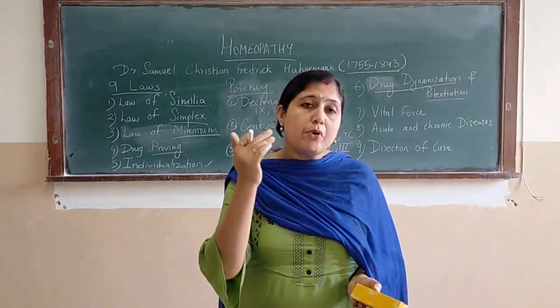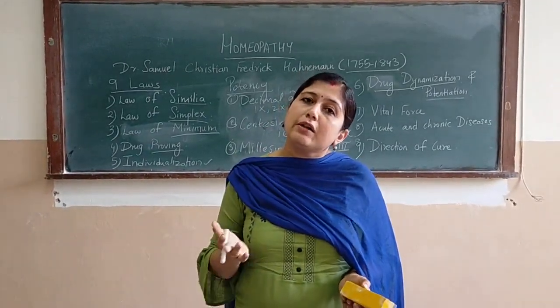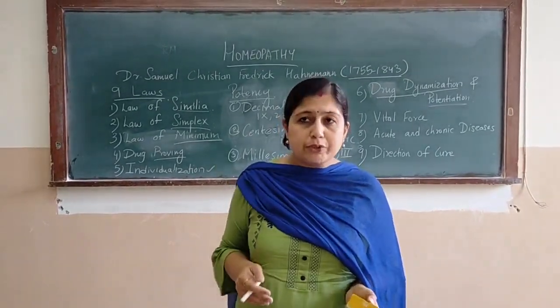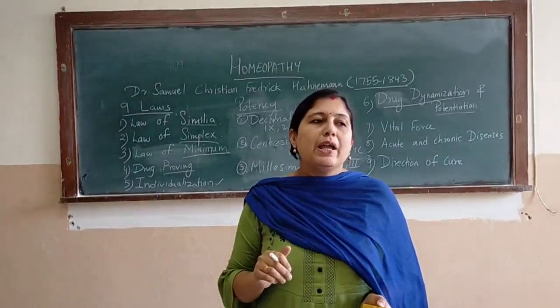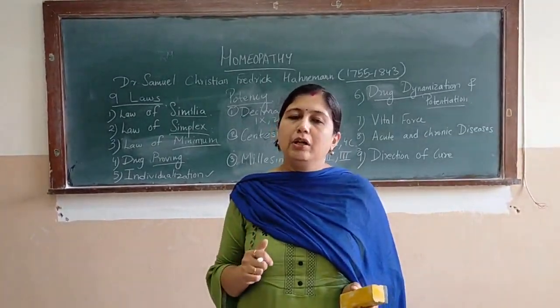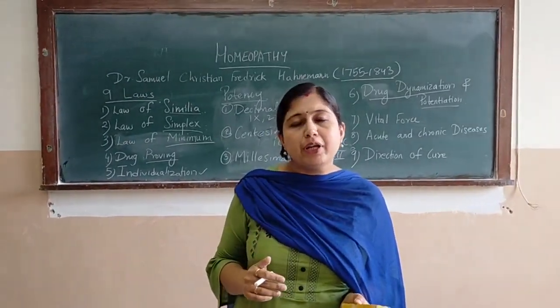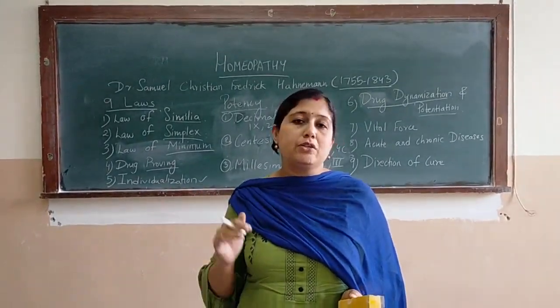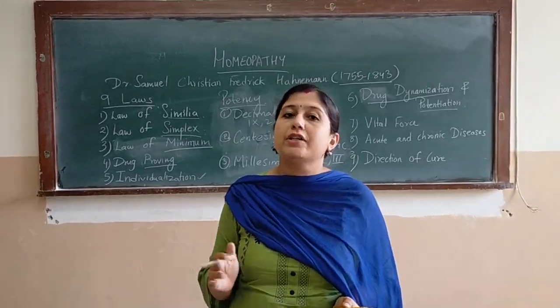Even one of the most important chronic diseases is rheumatoid arthritis, which requires a lot of NSAIDs, which just give symptomatic relief. Now, if we ask any patient which treatment they will prefer in case of acute illness, anybody will go for the allopathic treatment because it gives fast relief.